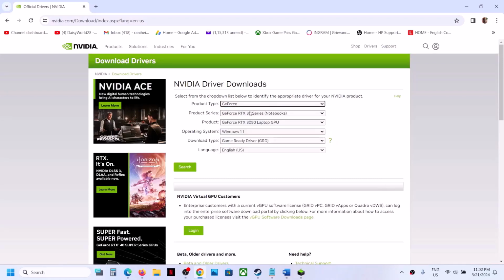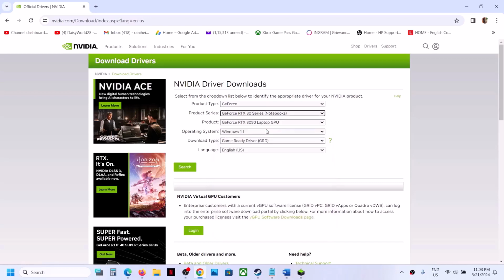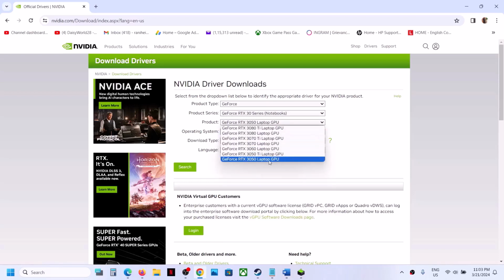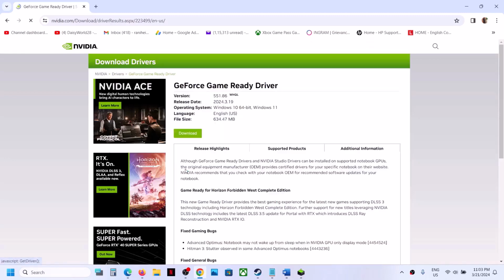In my case, it's GeForce. Select your product type, then select your series. In my case, it's 30 series. Make sure that you select your series and then select your graphic card over here. And then if you have Windows 10, select Windows 10. If you have Windows 11, select Windows 11 and then click on search and then click on download